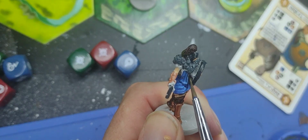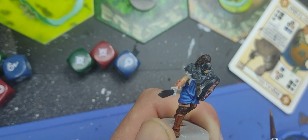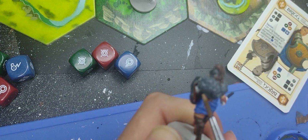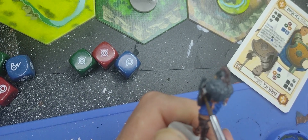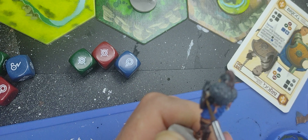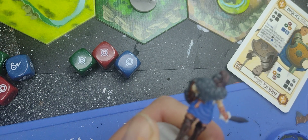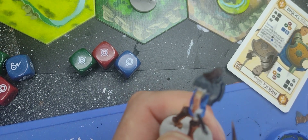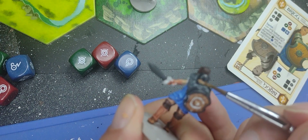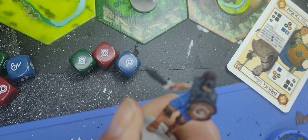The inside of this area here can also be painted where he lacks the armor, as well as his arm over here inside. All the way. And straightening up this area. Now the final stage is going to be some